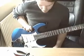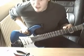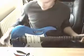Now, I know for a fact that I had an 11 to 49 gauge on here before. This is a 10 to 46. So obviously in the same tuning, which is what I want to put it in, the tension from the strings is going to be less at the same tuning because the strings are thinner. So with that in mind, I knew that I needed to go in the back and do